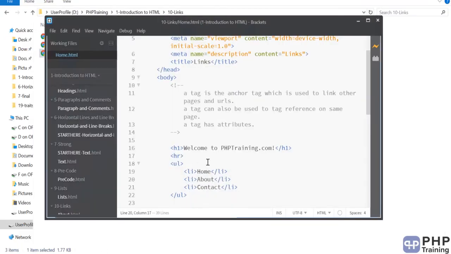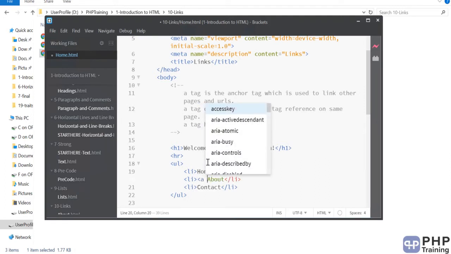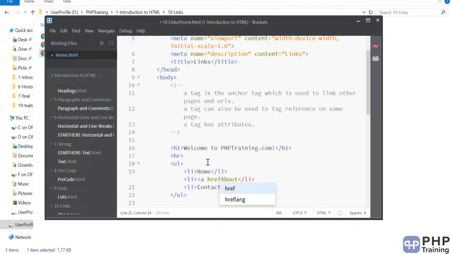For that you have to add a tag called a, that is the anchor tag, and you have to mention where the location is. So the href is basically pointing to the location of that file. Okay, and the closing tag should be after the text. So whatever is inside, this about, becomes a hyperlink. Okay, so let's quickly review that first.